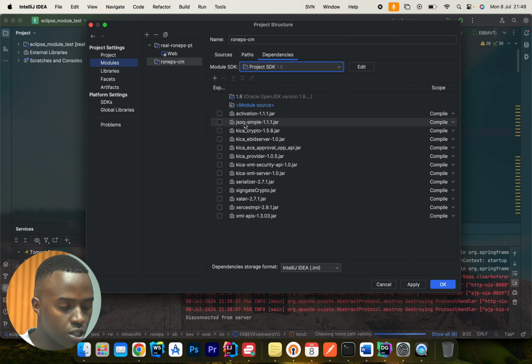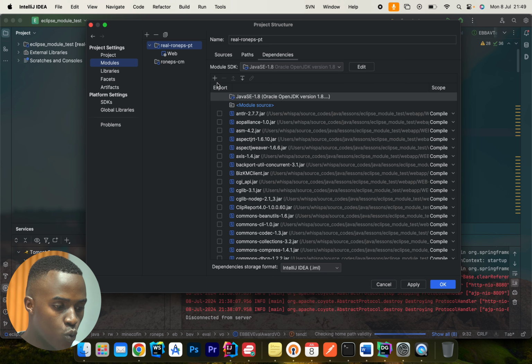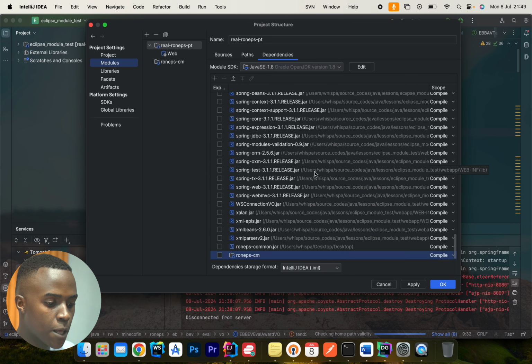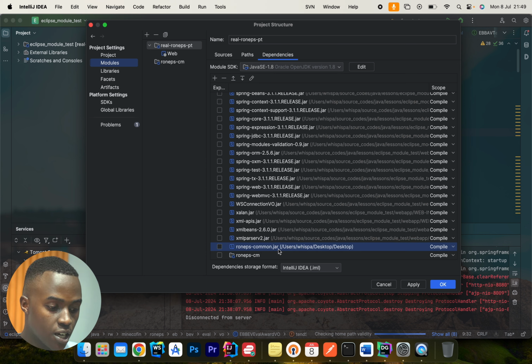After importing this new module, we are going to make it a dependency of our existing module. We choose module dependency, then choose our newly imported module, and say okay. Another thing I forgot to tell you: we have to remove the existing jar file. This is the existing jar file which we imported from another project. So we remove this jar,